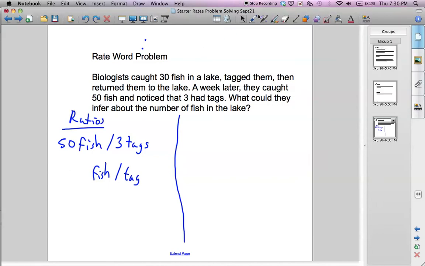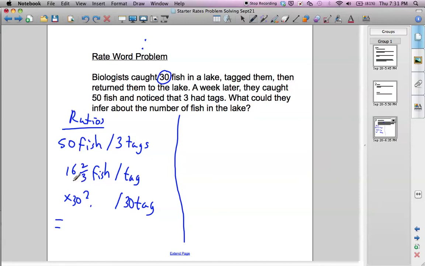Okay, so we have 16 2/3 fish per tag. Alright, but how many tags are there altogether? There are 30 tags in the whole lake. So if we want to make this 30 tags, then we have to multiply this amount by 30. We multiply this by 30, multiply this by 30, and we will get